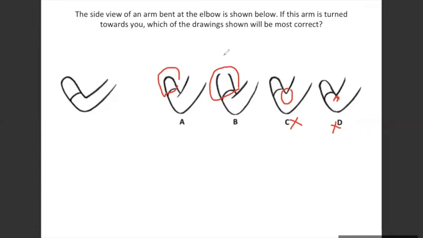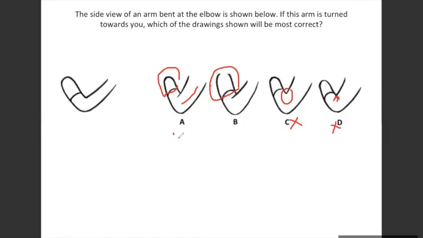When it is given that the arm is turned towards you, which means when I'm looking at it, I might look at the first part of the person's hand bigger compared to his elbow, because his elbow is farther away. The person's arm is turned towards you, which means आगे का part मेरे को शायद बड़ा दिखे, पीछे का ज़्यादा थोड़ा कम दिखे, because it is farther away. In option B, it looks as if the person is very close to me.